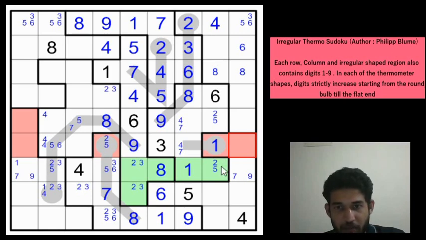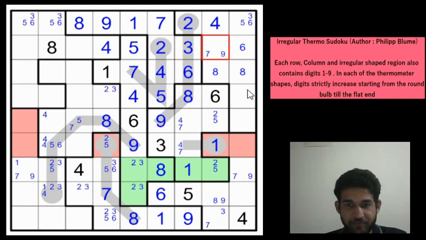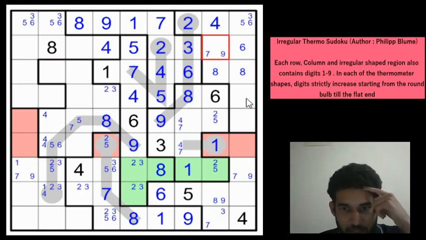If you look along column 8, we have placed some digits, so 1, 2, 5, 6 and 4, right? Remaining digits are 3, 7, 8 and 9. You can't have 8, 9 here, so this will be 3 and 7. And this can't be a 3 or a 7 because 2, 3 pair is here, so this will be 8 or a 9. And we need to have 3, 7, 8 and 9 here, but 3 and 8 are not possible, so this is a 7 or a 9. Any pairs or triplets? No. Nothing.